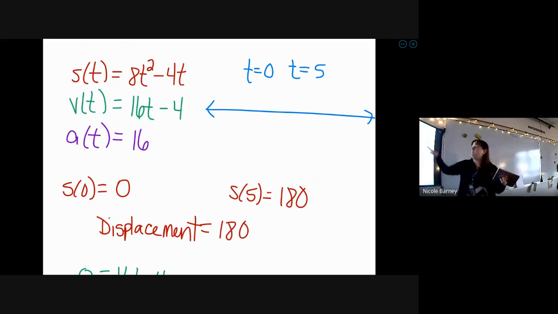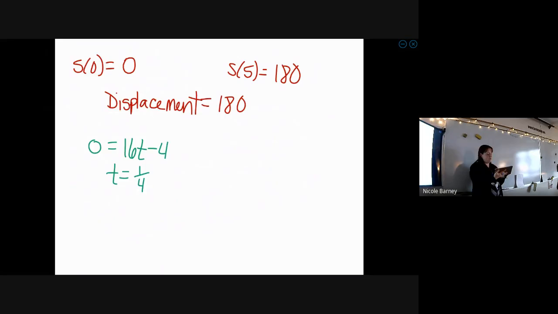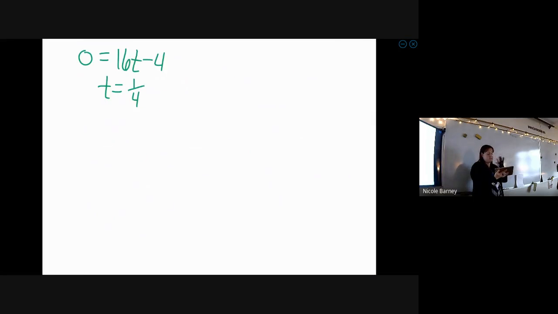Okay, so we can write it on a number line, but I know the number line sometimes messes with people's brains. So let's look at it this way. At time equals 0 to time equals 1/4, I was doing